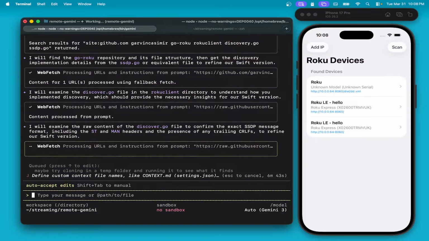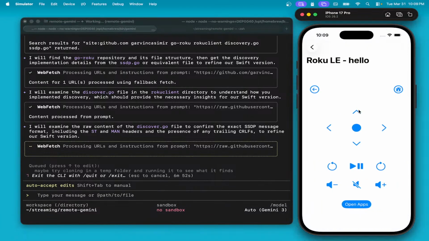All right. I see that it did something. Let me just click on this while it's playing around. Okay. So I have a UI